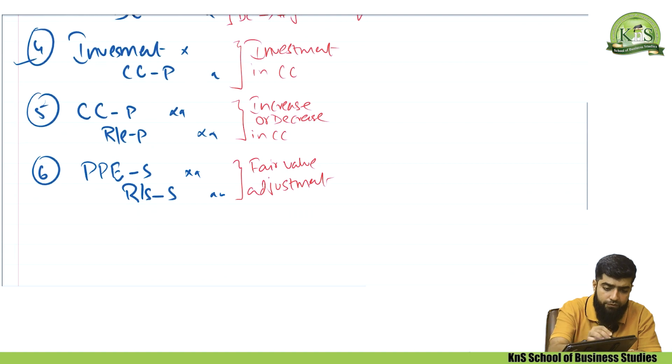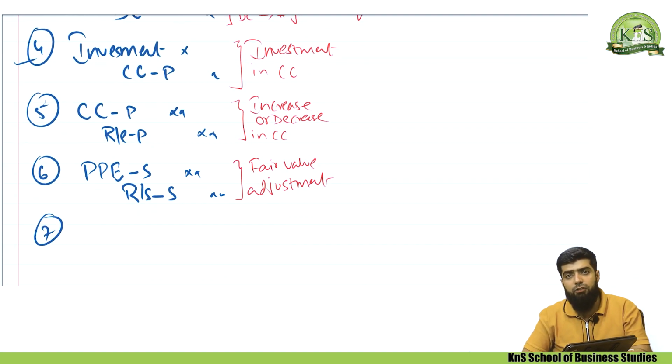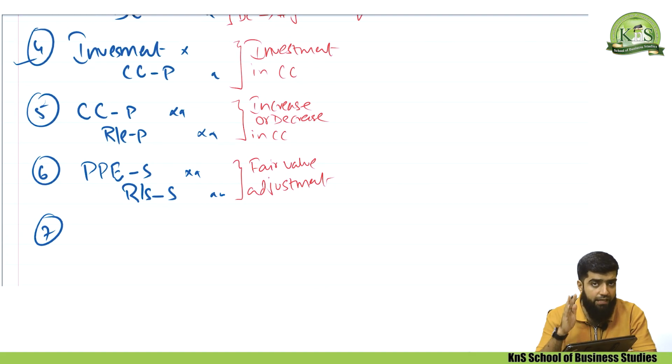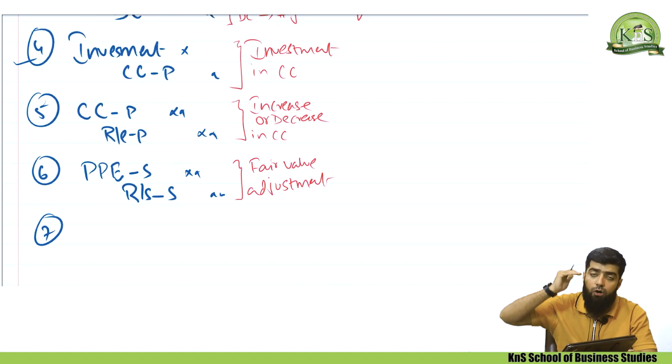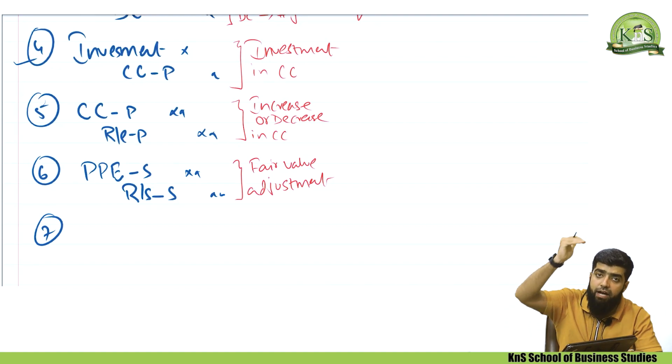And that fair value adjustment needs to be accounted for in the books of a subsidiary company. Second, once we are recognizing that revaluation surplus in the books of a subsidiary company, another adjustment needs to be done. The other adjustment would be the amount of depreciation that is to be recorded. Reason being, the subsidiary company has recorded the depreciation at its book value or carrying value, but once we are making an adjustment, that is, we are recording the assets at its revalued amount or